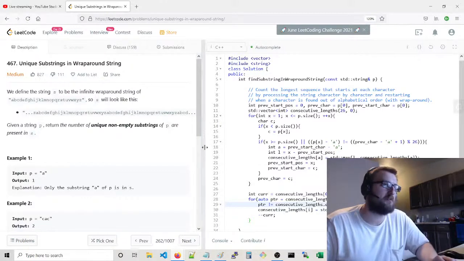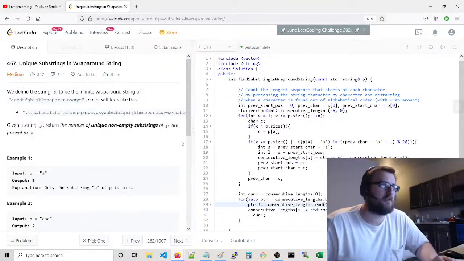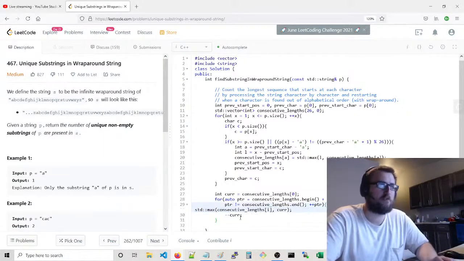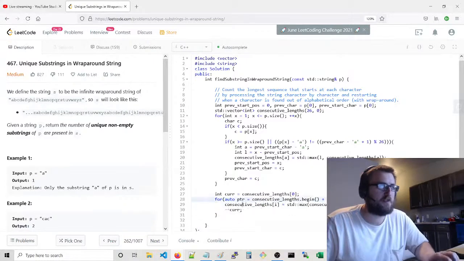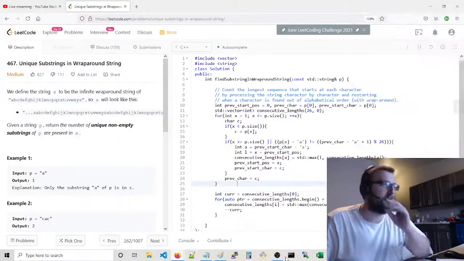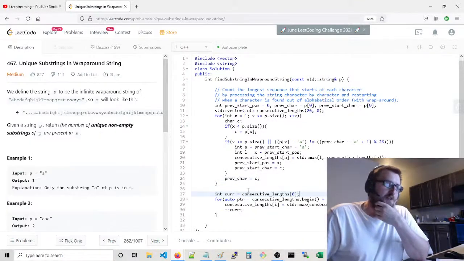Okay, well, I guess you could move this over too, but we'll leave it for now. Maybe we should do that, actually, that's better. It's kind of ugly if we don't put it on the same line. There we go, okay. All right, how are we doing? So, current consecutive lengths, pointer, begin +1, it's not at the end, increment the pointer, and we want to say